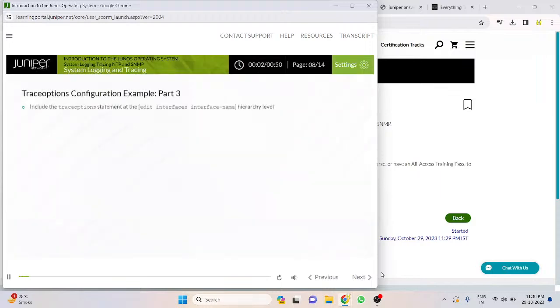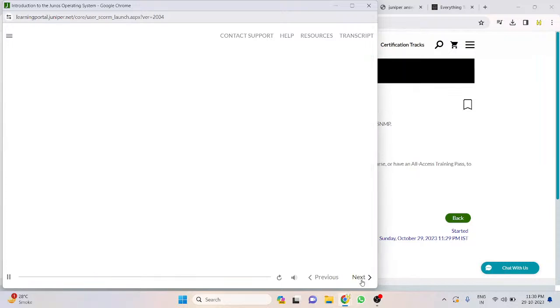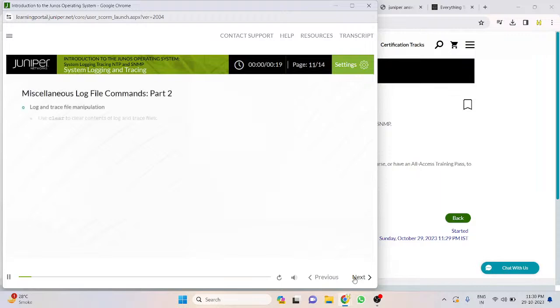Trace options are also available at other configuration hierarchies, including the trace options statement at the Edit Interfaces interface name hierarchy level, which enables you to trace the operations of individual interfaces. You can also trace the operations. To truncate files used for logging, use the clear log filename command. To delete a file, use the file delete command. If you want,